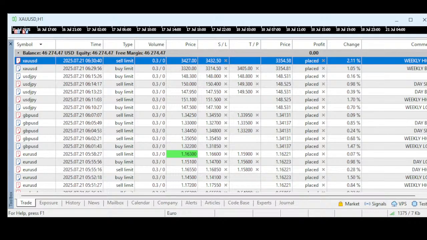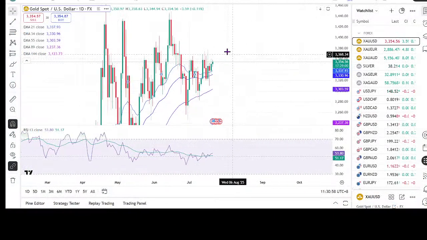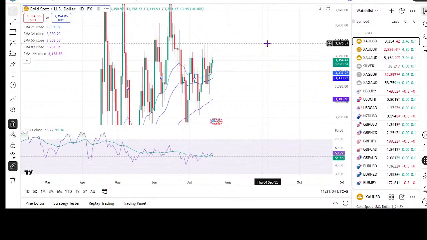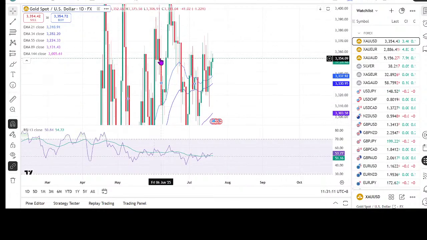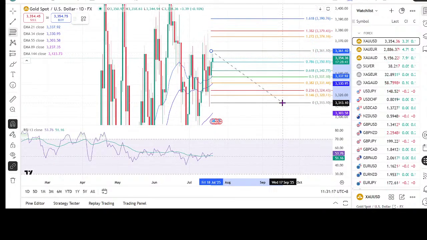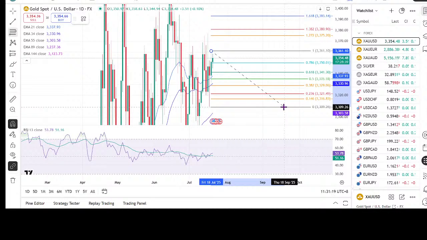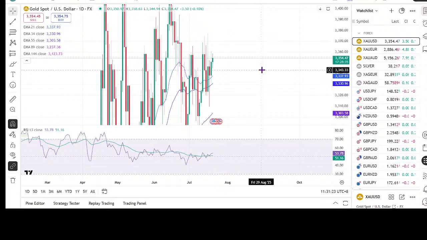Okay, so now we are going for a day buy and day sell. So the day buy target, we should exit before 3375 or an extension of this level. Okay, either one of these levels, either the high or the extension, which is 3375. Okay, so that should be your target.